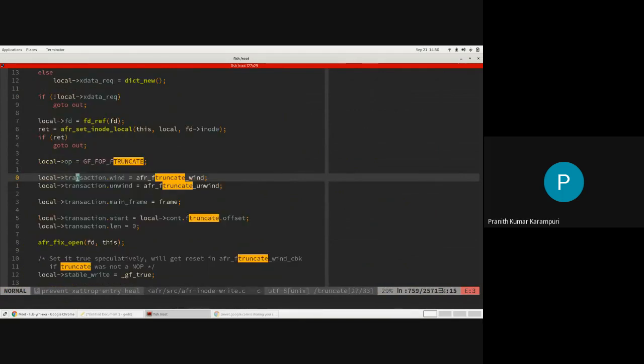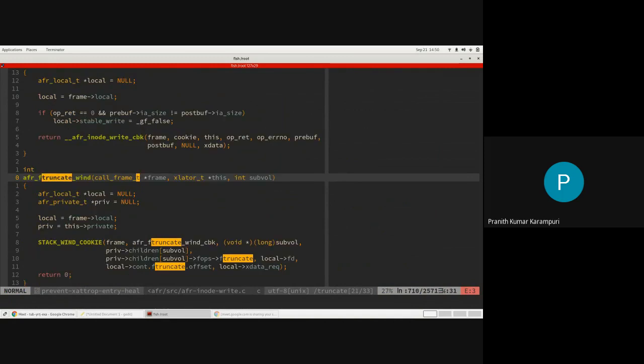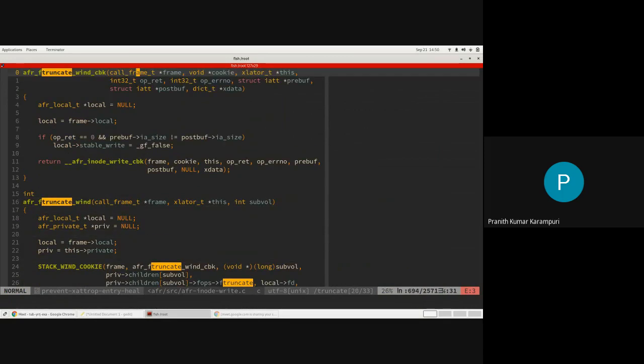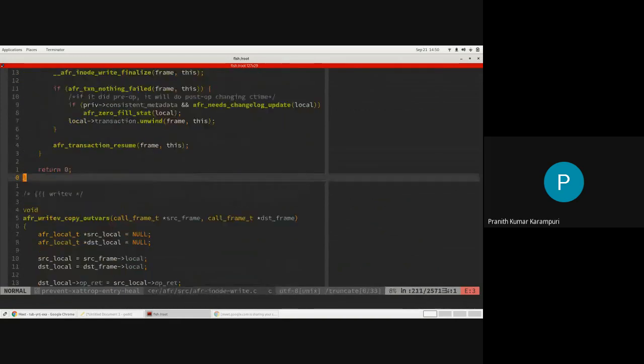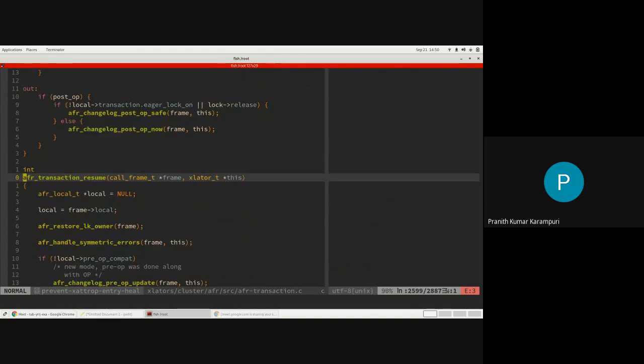Then, as we discussed last time, it will eventually call transaction resume, transaction done. One second. Yeah, it will call transaction resume. So basically, it will perform the operation, collect all your responses, then call transaction resume. In this transaction resume, it will try to decide whether the operation is successful or failed.